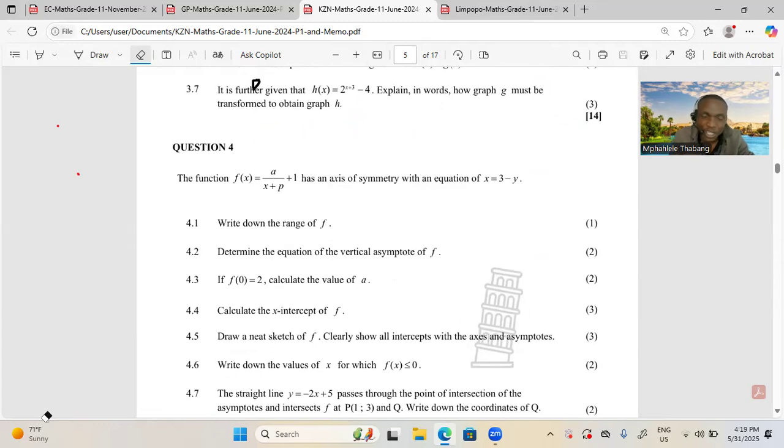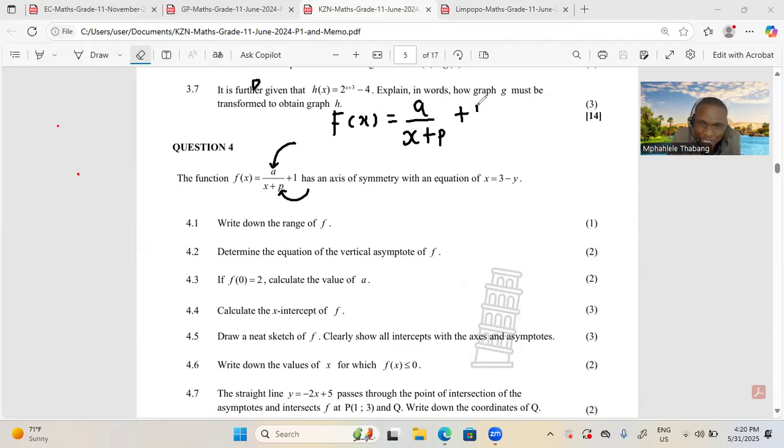This is a good preparation for the June exam, because if you look at this question 4 of KZN, we call it the interpretation of a hyperbola function. Most of the time, we will want you to give us the value of a and also the value of p. They are saying f of x is equal to a over x plus p